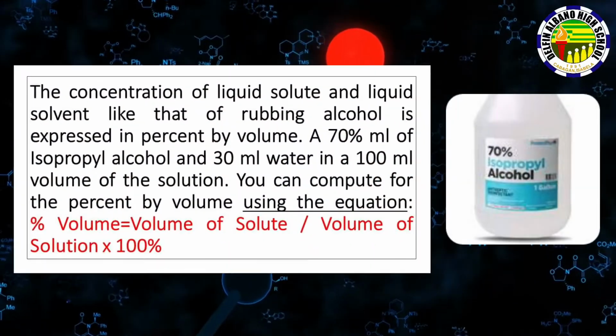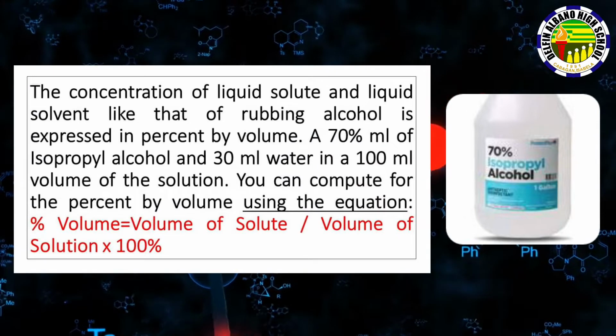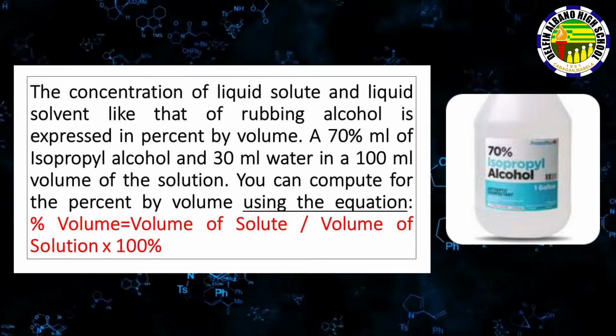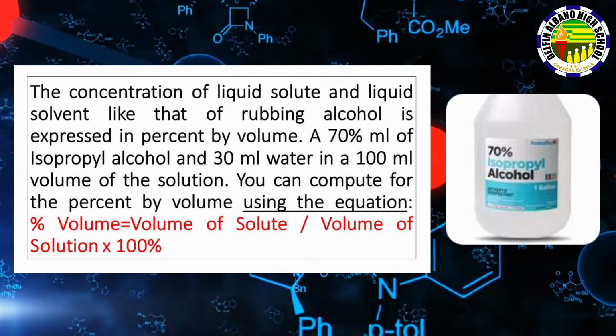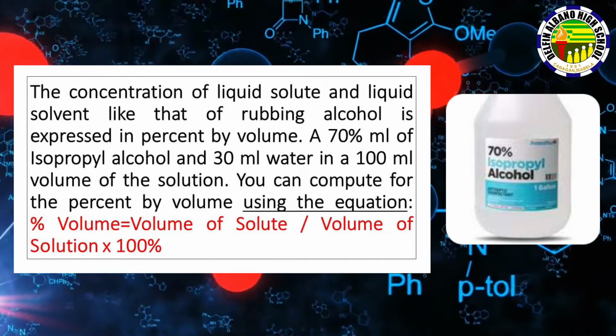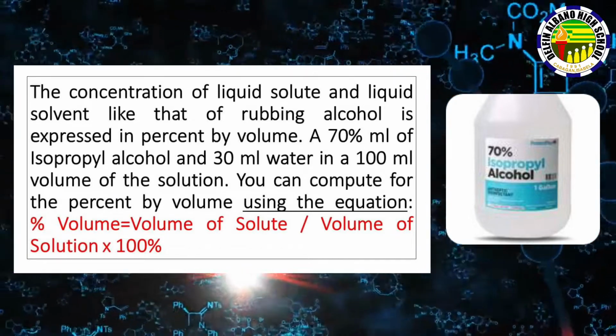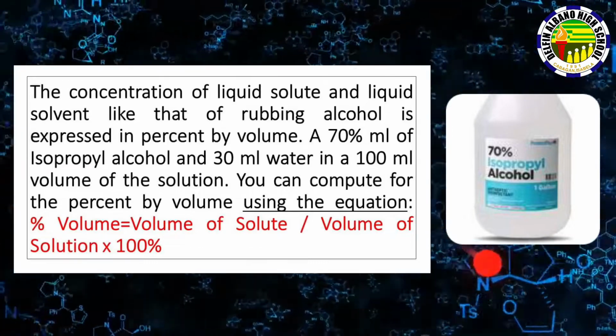The concentration of liquid solute and liquid solvent, like that of rubbing alcohol, is expressed in percent by volume. A 70% rubbing alcohol solution contains 70 ml of isopropyl alcohol and 30 ml water